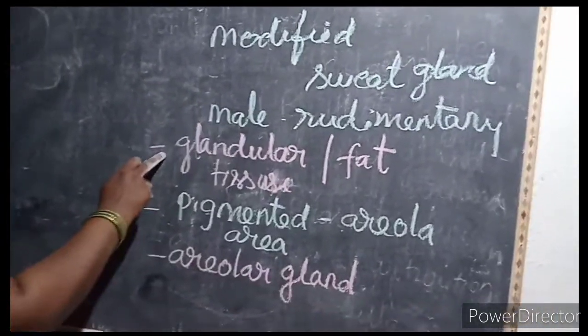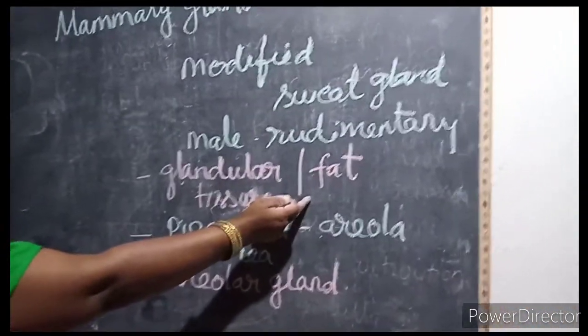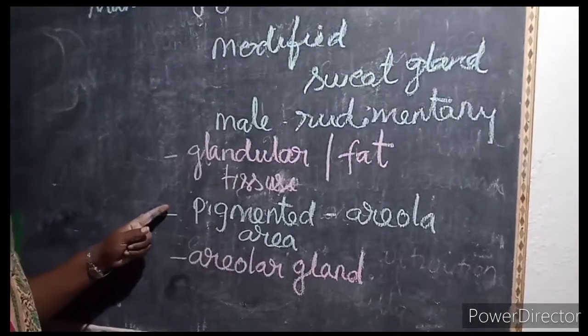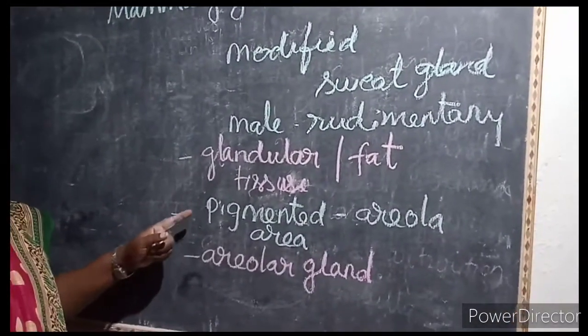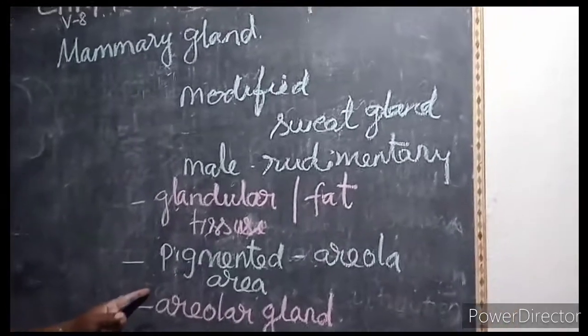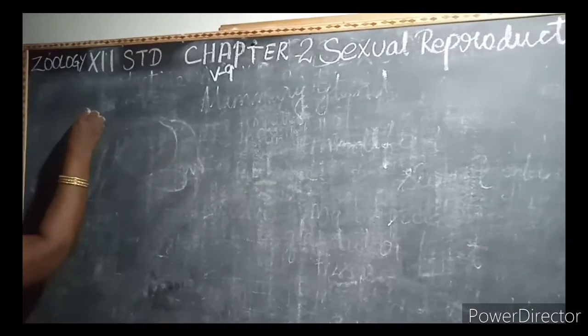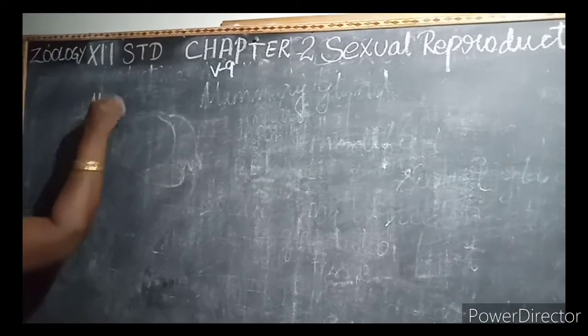It is formed of glandular tissue and variable quantities of fat, and then the nipple is surrounded by the pigmented area that is called the areola. Then several sebaceous glands together form an areolar gland. Then each mammary gland is formed of